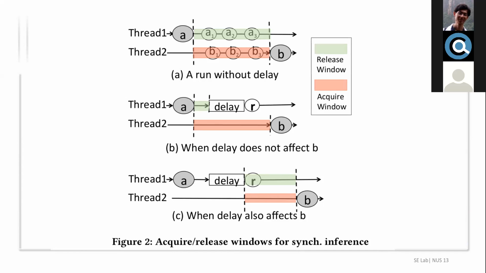The idea is that suppose A and B are supposed to be synchronized. That means A has to happen before B. Assuming A happens before B, there must be some operations between A and B, like A1 to A3 and B1 to B3, supposed to be synchronization operations. Suppose there's an operation there, a delay that happens after A has to affect B. Otherwise, there's no synchronization between A and B, the delay of A does not matter, right? So we can see there's such a change. Once we got such a change, then the follow-up work is to try to formalize